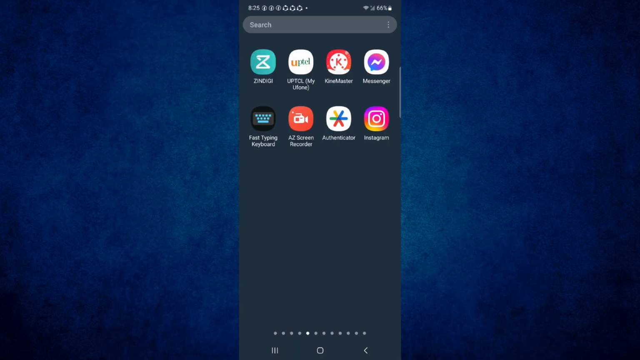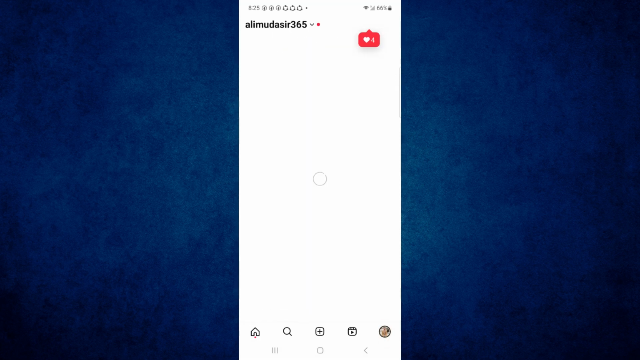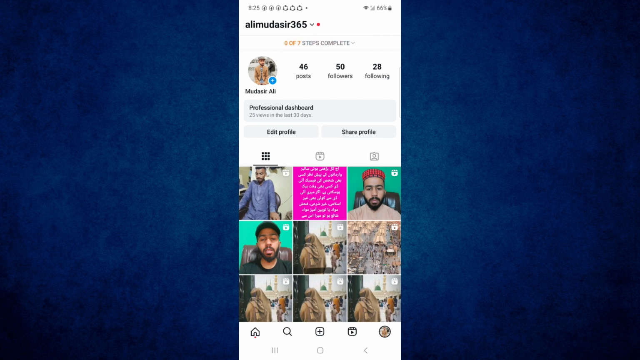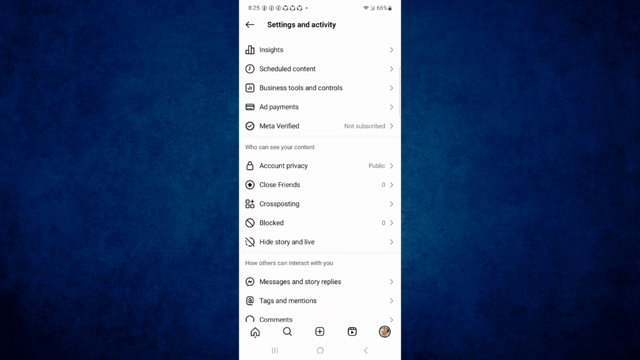So to hide your Instagram story from someone, first of all open your Instagram app and click on your profile picture on the bottom right corner. After that, click on the three horizontal lines on the top right corner and just scroll down, and here you can see the hide story and live option. Click on it